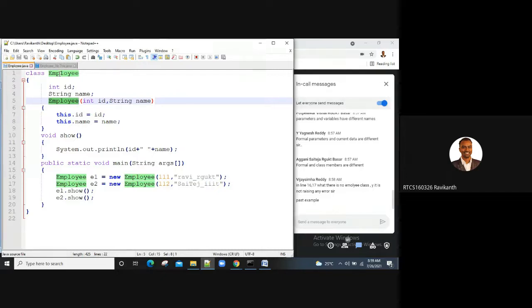Just a minute, guys. There is a message in the chat box about line 16 and 17. What, there is no employee class?